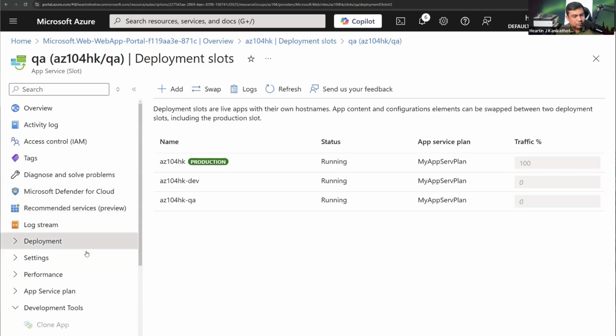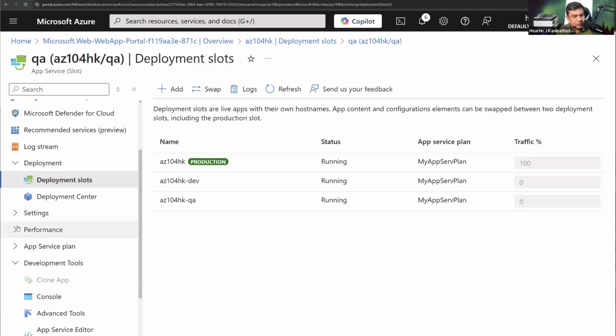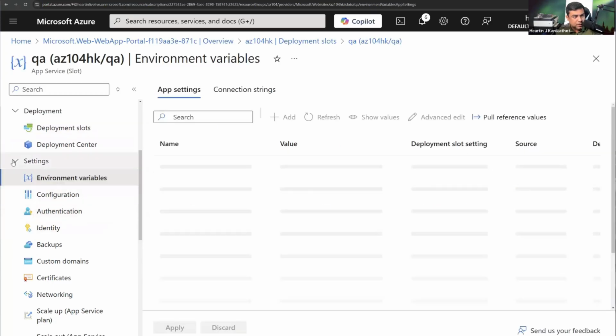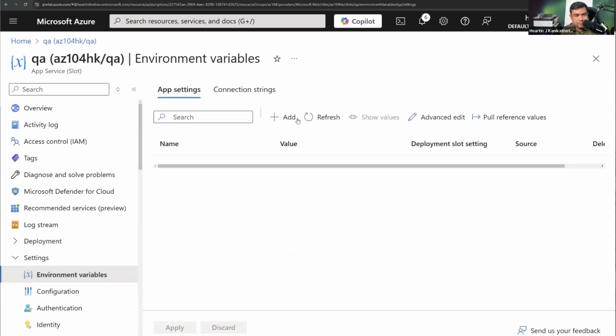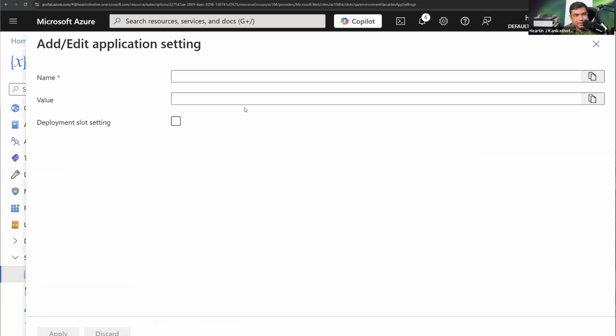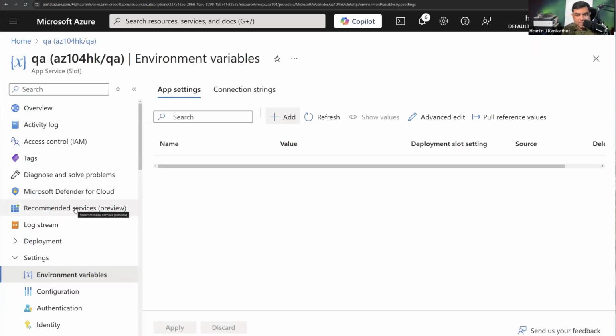There are a lot of options here that you can explore. Under settings, you have environment variables. You can explore all of these things. There are a lot of features available. You can actually add environment variables, name and value. We will be learning many of these things deeper as part of our future sessions. But today I wanted to make sure you have an idea about what an app service is, what an app service plan is, how they are related, and how they fit into the cloud abstraction picture. And also,